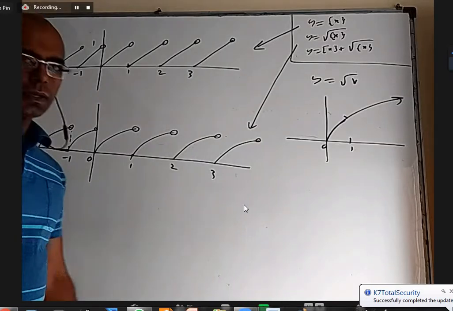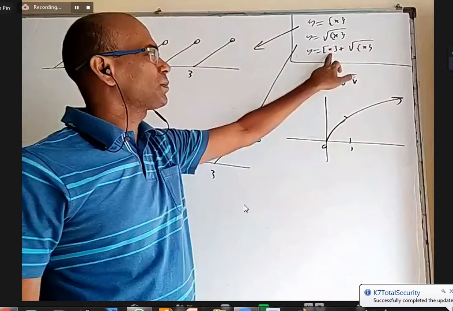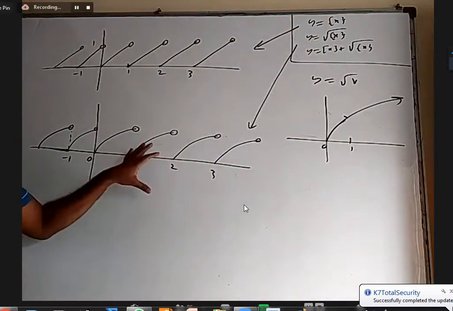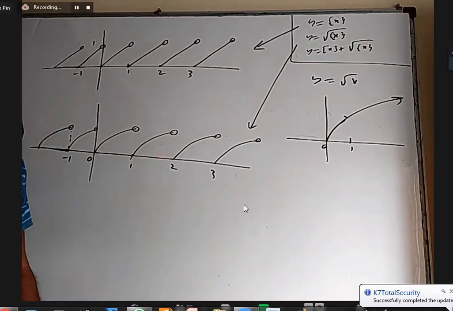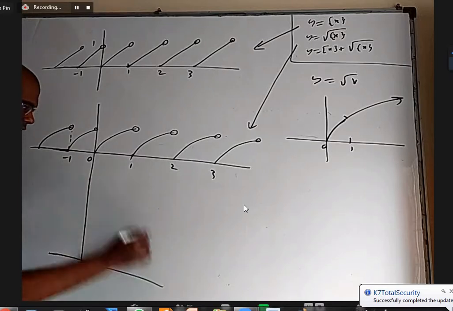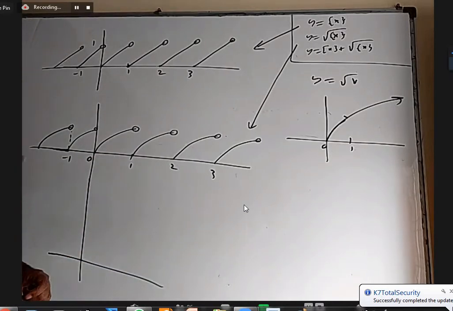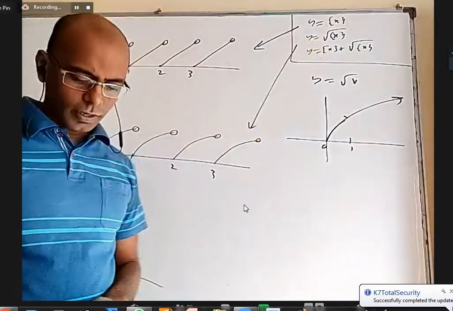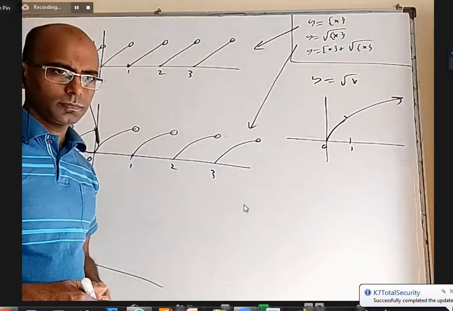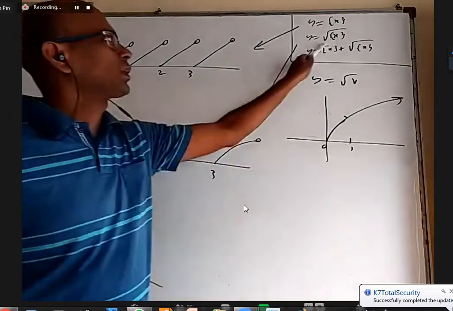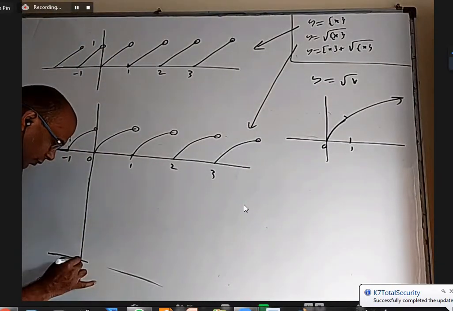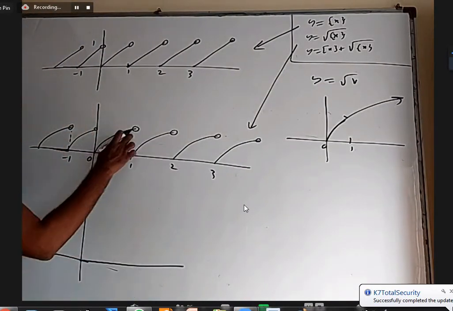Okay. Now let us see the graph of integer part of x plus square root of fractional part of x. So I have to take this graph and add integer part of x to it. Let us compare these two graphs. Between 0 and 1, there is no difference between this graph and this graph. Why? Because integer part of x is 0. Because this is 0, these two are the same. So between 0 and 1, it is the same graph, this piece as it is.